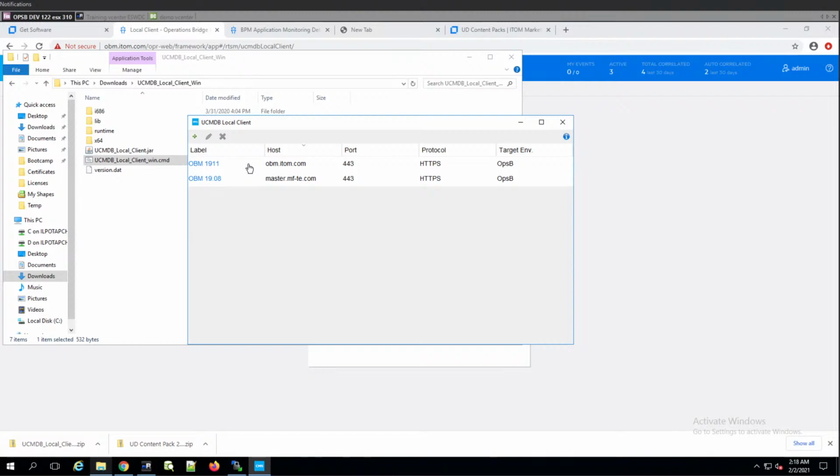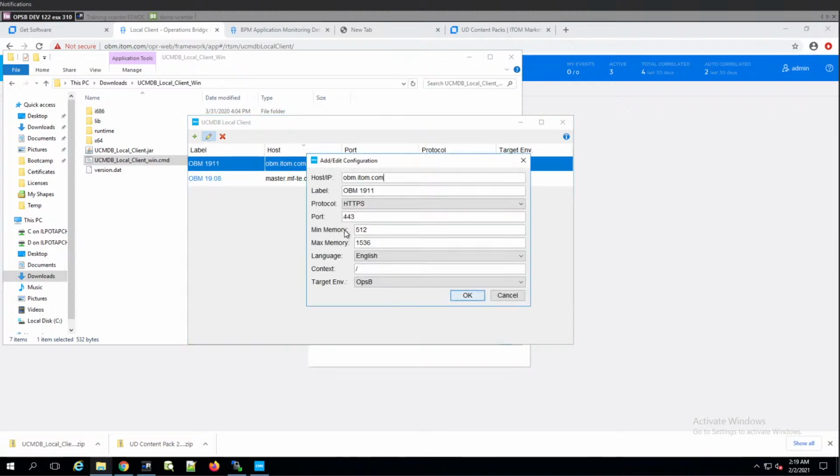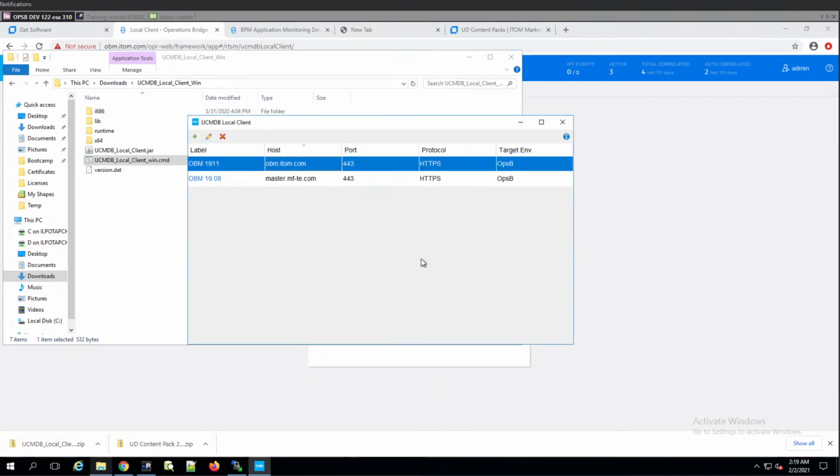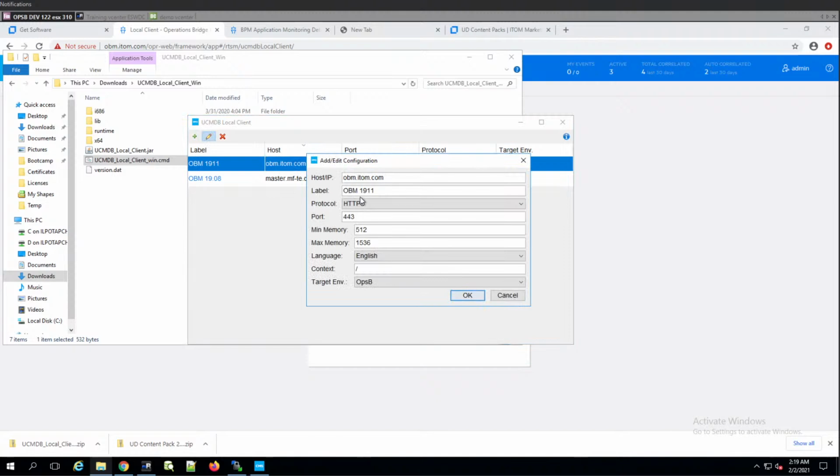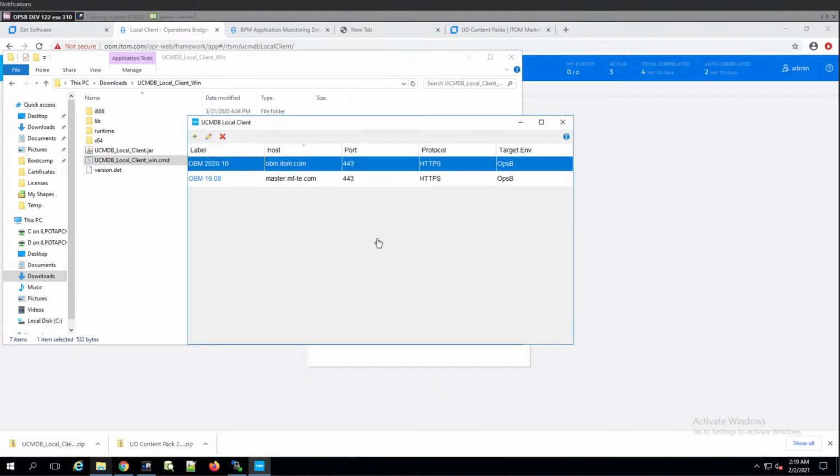And I'm going to replace this one. I'm going to edit this one because it's changed. No, it actually has the same settings, so I just need to modify the label then. I'm going to say 2020-10. All right, fantastic. Double click,